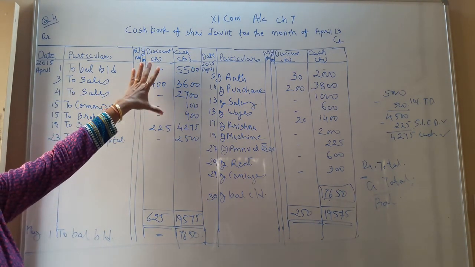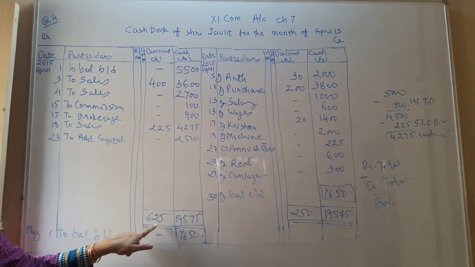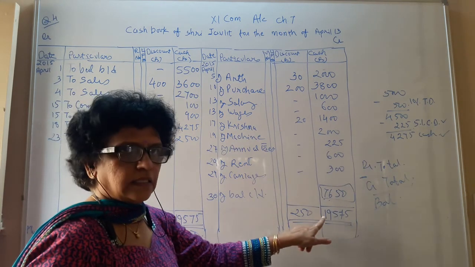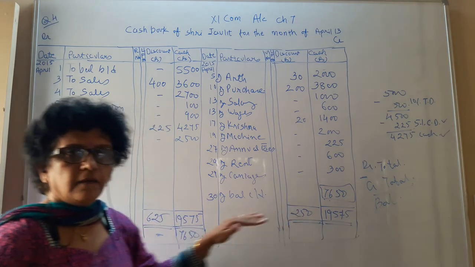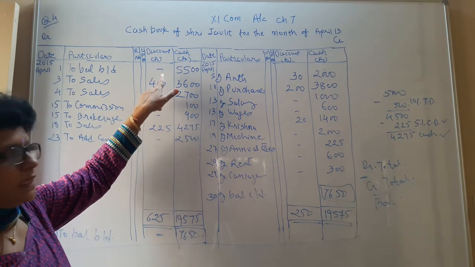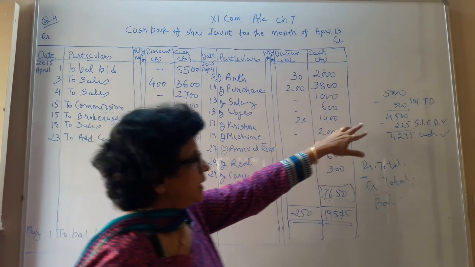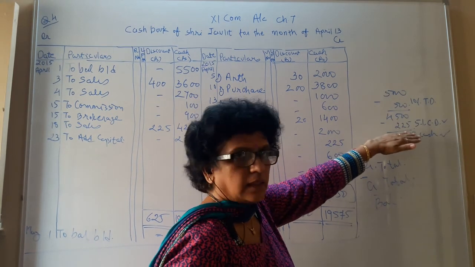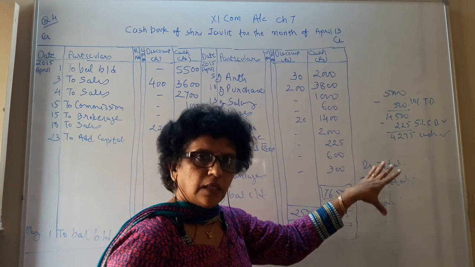So in this manner, you have to complete your entire example of a cash book with two columns. One is discount, another is cash. Discount on the debit side is separate, it is discount given by you, and discount on the credit side is discount received by you. Only the balance is to be done for the cash column. And in the discount column, we are recording cash discount; no trade discount is to be recorded in books of account. We always record only the cash discount. In this manner, a two columnar cash book is to be done.